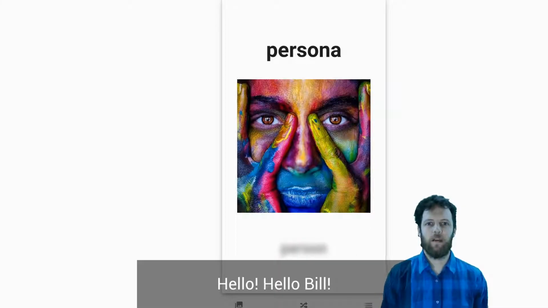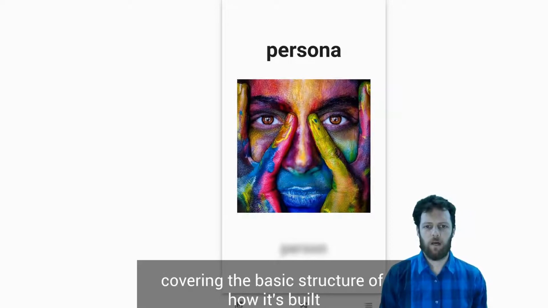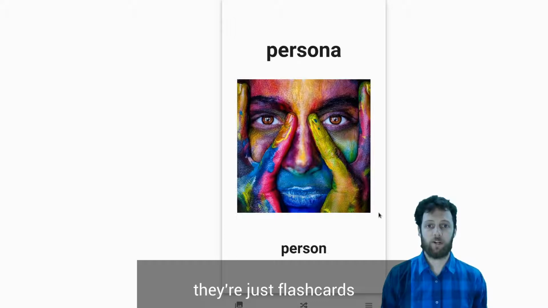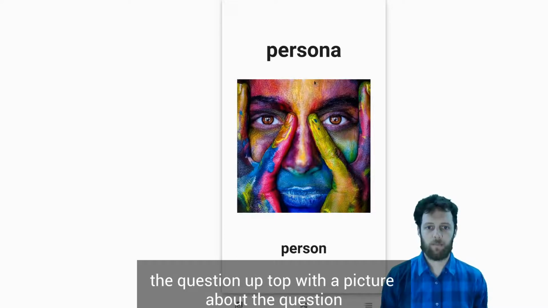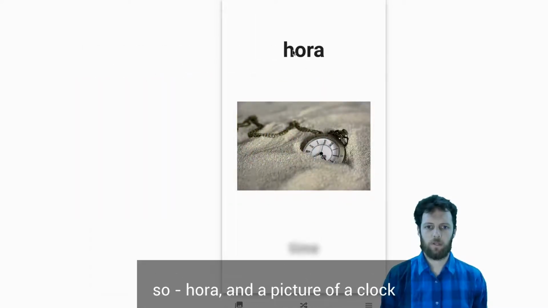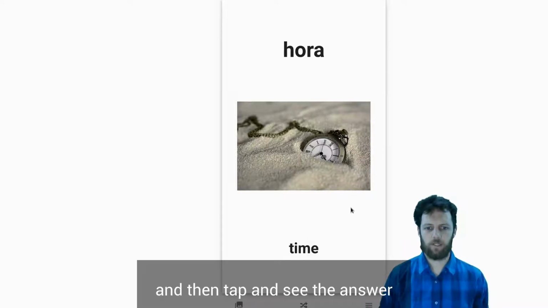Hello. This is a video to go over the Spanish Flashcard app, just to show how it's built, a basic structure of things. So let's look at the app first. They're just flashcards, right? It has the question up top, a picture about the question, and then the translation. So again, hora, we have a picture of a clock, or a stopwatch, or a handheld watch, and then the